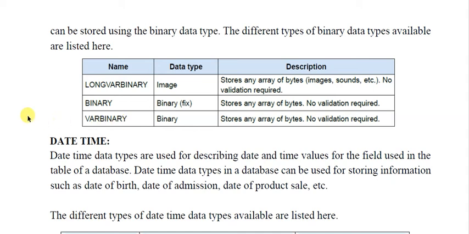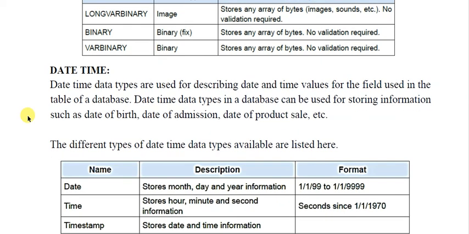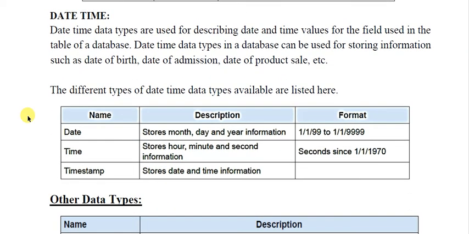Clear? Next we have data type to support date and time. Here we have date, time and timestamp. So if you want to store your date of birth, you should select date. If you want to store some time of birth, then you should go for time. And if you want to store both, suppose you want to store the time of entering the school with date, then it is called timestamp, a stamp of time and date. Okay.